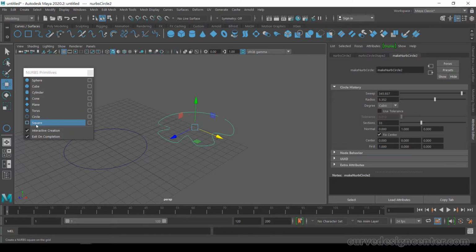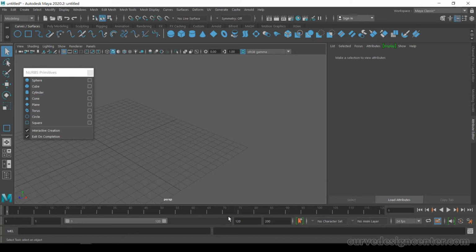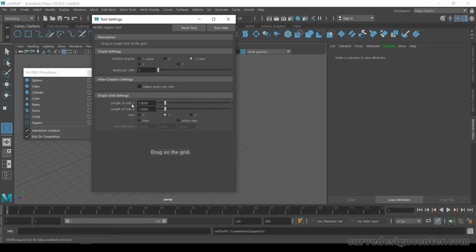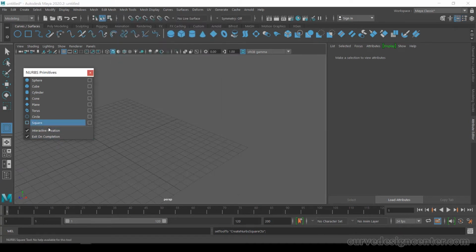Similarly, you can also create a NURBS square. First I delete these shapes. I choose the selection tool, select and delete, and choose again. You can also click and fill in the values or parameters in this window, but I create it interactively.